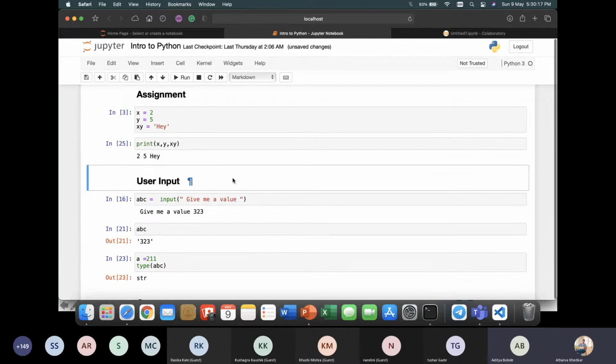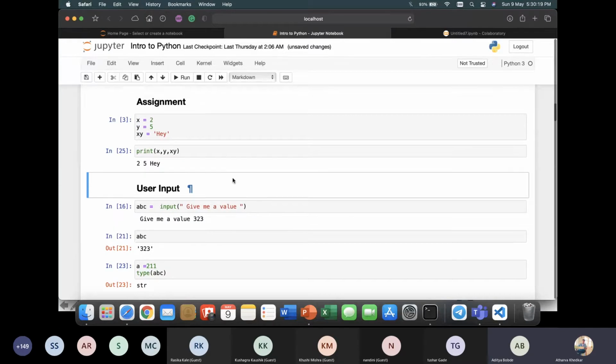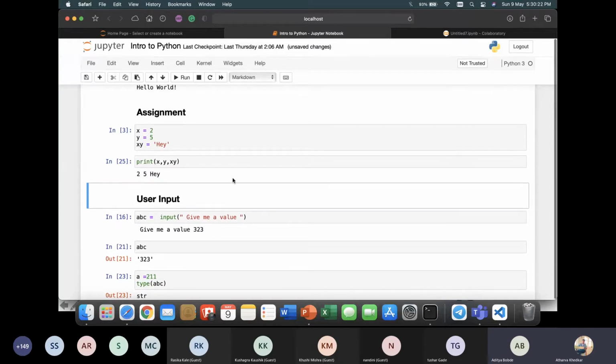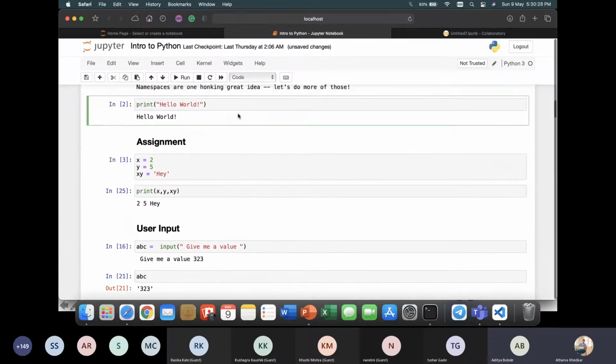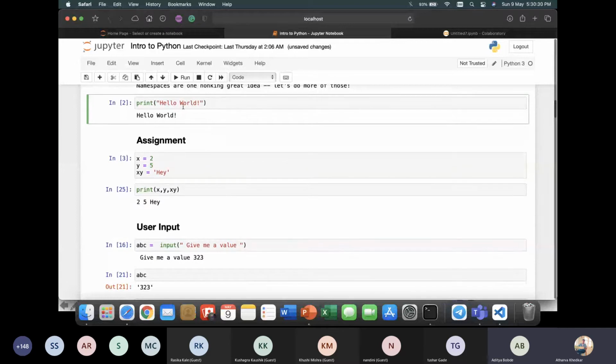I'm not really understanding what's happening. Could you please explain in short? Okay, what's happening is that I'm giving a basic introduction to some of the cool features of Python. As we always get started with hello world, we started with the print hello world statement. And I'm showing how Python is better to read and interpret as compared to C or C++ and all.